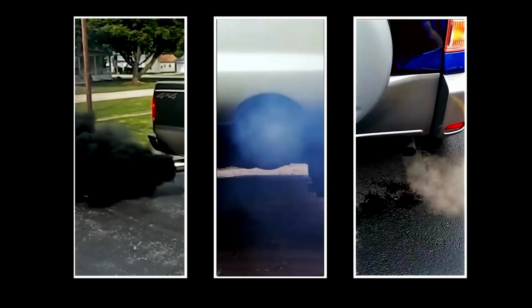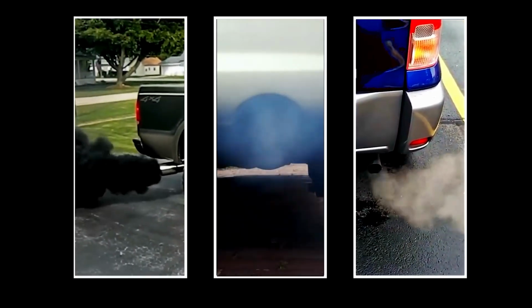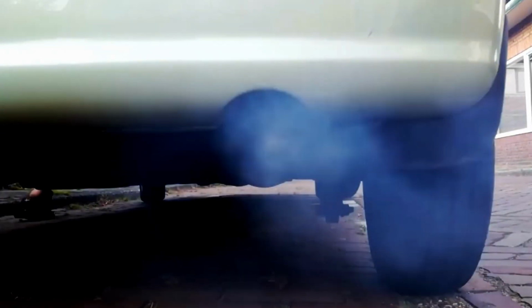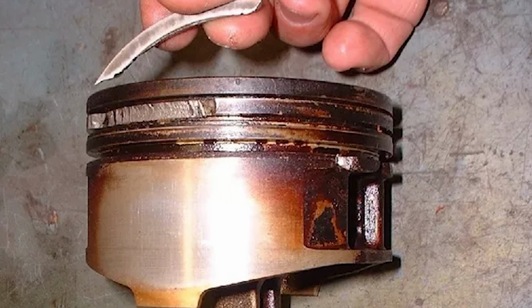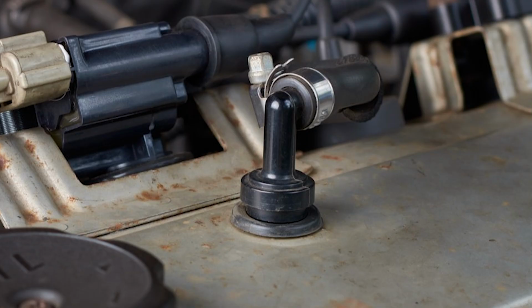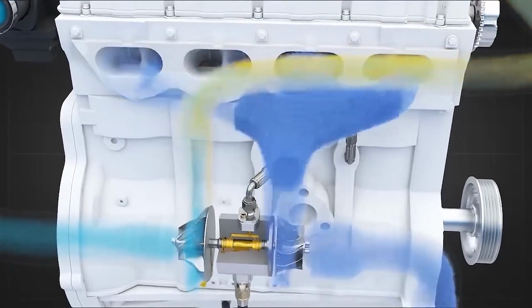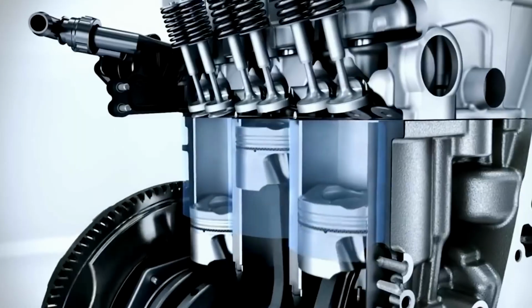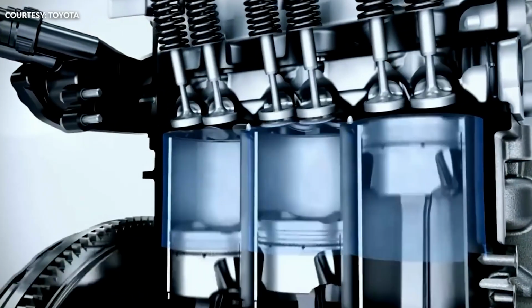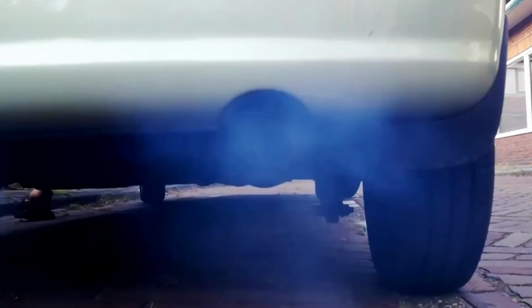You might see blue, black, and gray, and what they're telling you about your engine's health. Blue smoke is a clear sign that oil is burning where it shouldn't. This often happens when piston rings are worn, valve seals are cracked or hardened, a PCV valve is faulty, or a turbocharger starts leaking oil past its seals. In each case, oil seeps into the combustion chamber and burns along with the fuel, giving the exhaust that distinctive